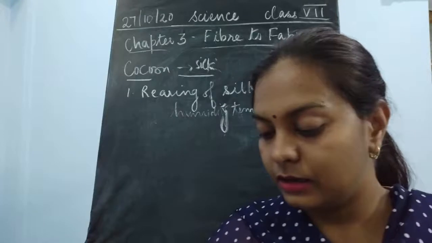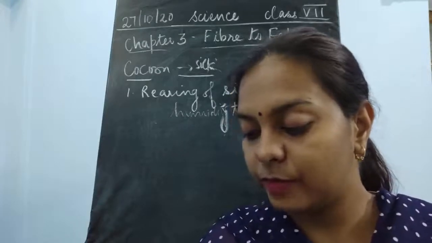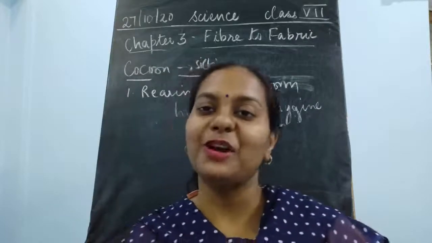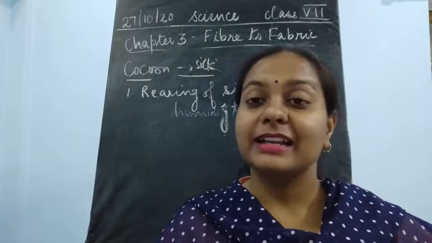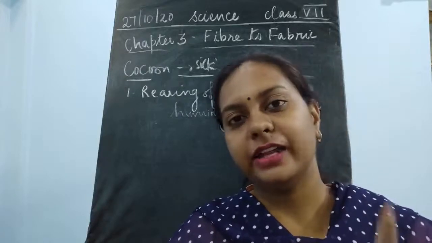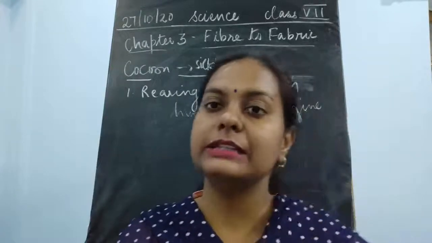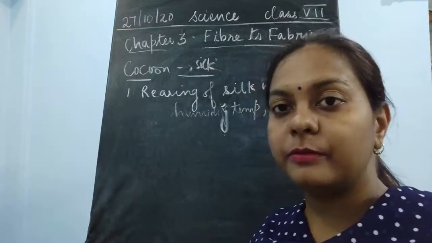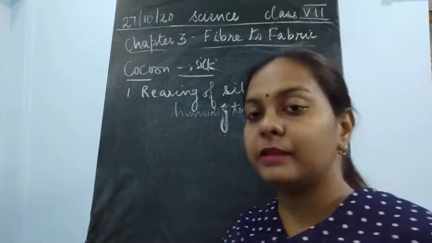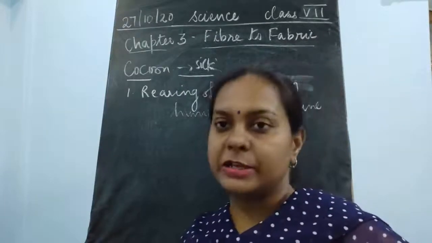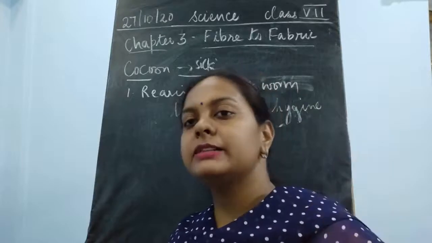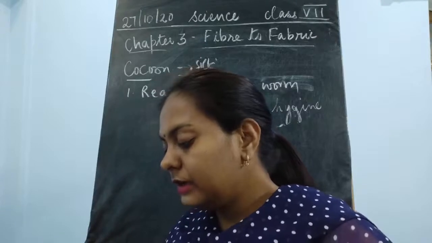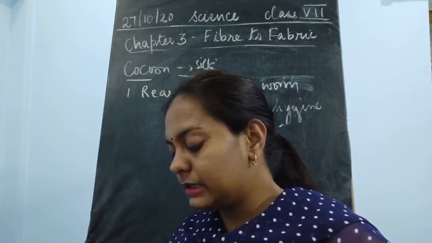Then, the larvae are called caterpillars of the silkworm. They eat day and night. If the trees do not have leaves, then what are they going to eat? It is said that they eat day and night. They are very voracious feeders because they have to grow in size. For growing in size, proper nutrition has to be taken by these silkworms, so they eat day and night for gaining nutrition, and increase enormously in size.